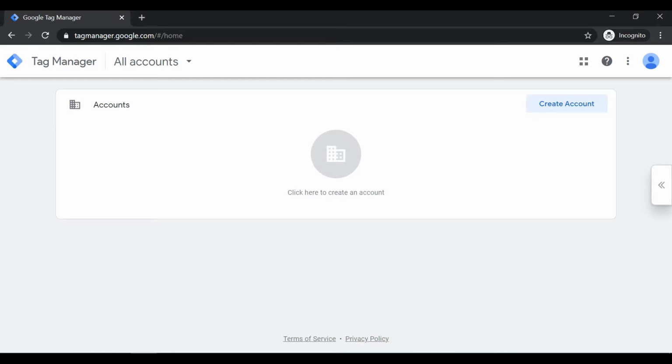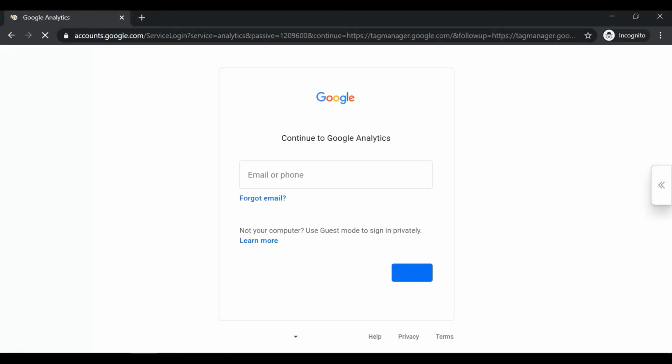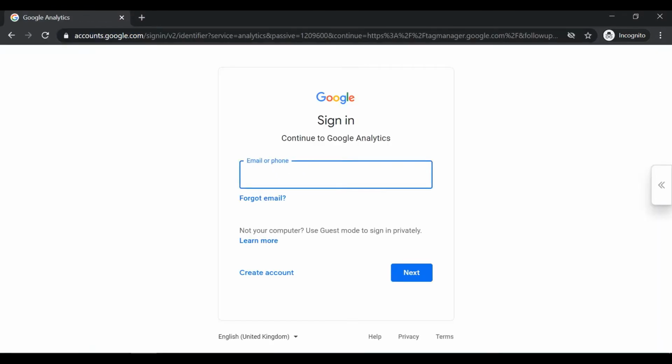Let's get started. Go to tagmanager.google.com. Enter your email address and password.